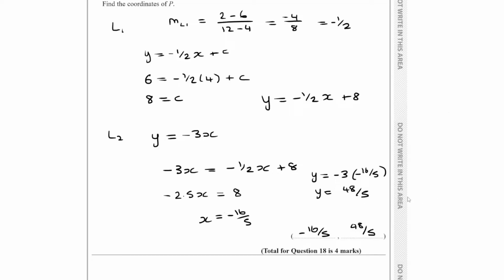Obviously, because they're both straight lines, there's only one answer for each, like one set of coordinates, isn't it? If there was a quadratic equation, you have to solve